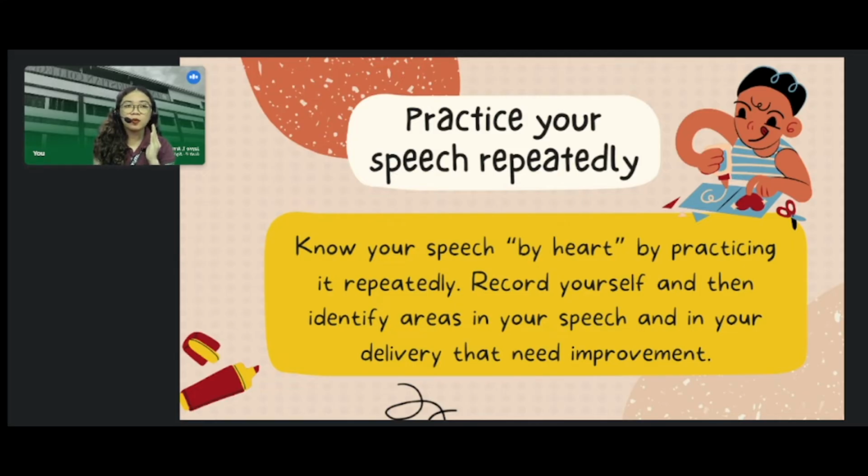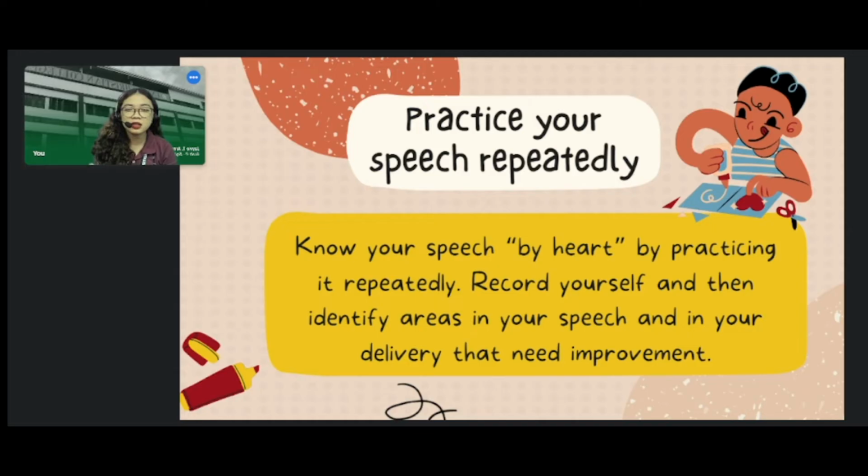But if you will follow this third guideline to practice your speech repeatedly, you will know your speech by your heart, not by your eyes. Because you already knew your speech by your heart, ang mangyayari niyan, kahit hindi na kayo laging nakatingin sa copy nyo, ay alam nyo na yung sasabihin. So, also, you need to practice. You can record yourself. In that way, you will know what are the parts of your speech that need improvement. Dito sa body na to, I need to emphasize this part, ganito, ganyan.